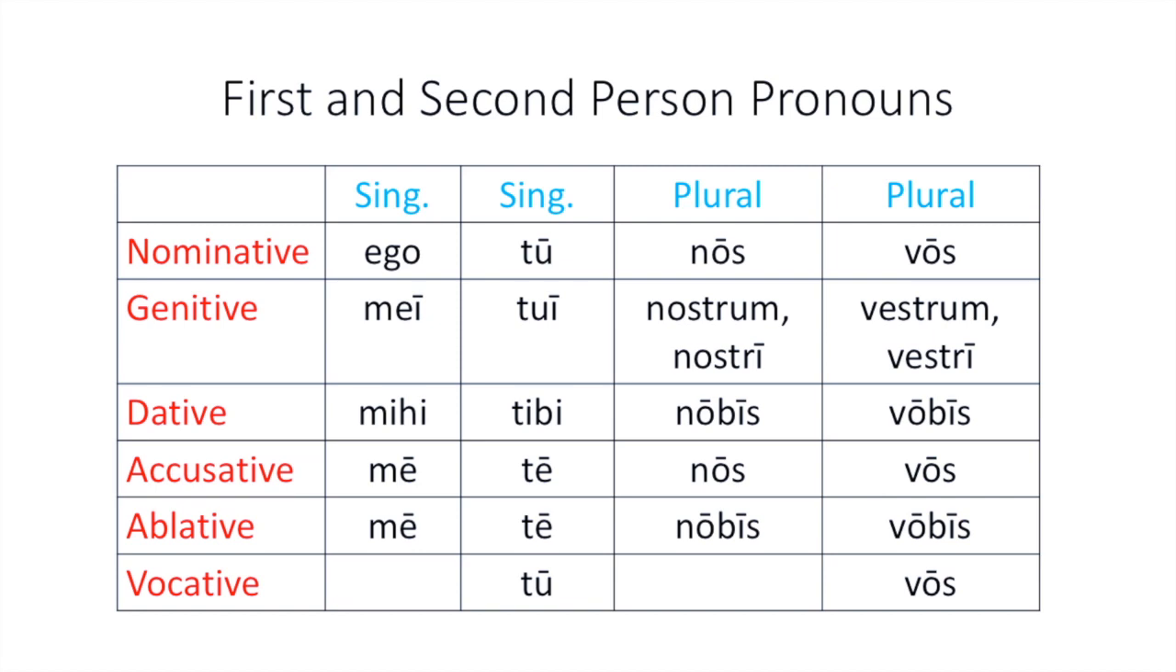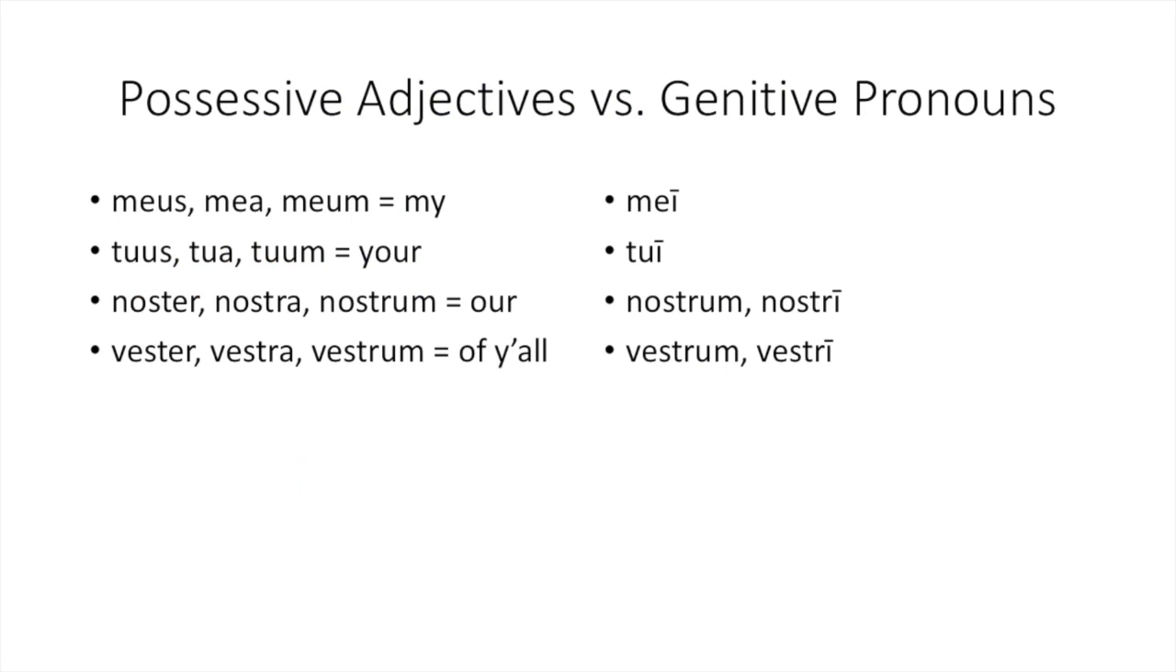So let's look at a few complications for the different uses of these particular pronouns. You already know some possessive adjectives, and you know possessive is one of the uses of the genitive case. So what do we use the genitive pronouns for? How is meus, mea, meum different from mei? Well,